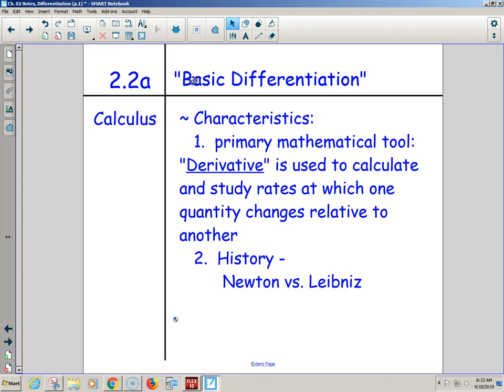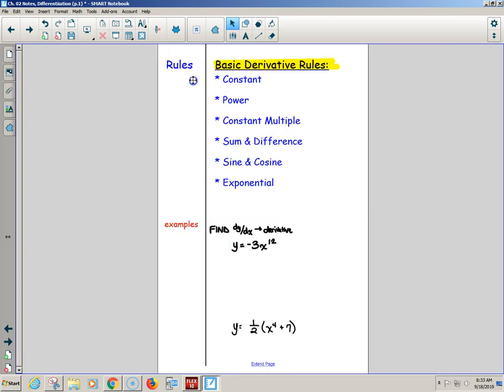Now at the bottom of the page is this little thing about Newton and Leibniz. Who the heck are they? Not today, because we've been having a little too much fun, but maybe another day we will talk a little bit more about Newton and Leibniz and the great calculus controversy. It was the talk of the town back in the day, before social media. Newton versus Leibniz, two different guys involved in the foundation of the field of calculus, but that is not an issue for today.